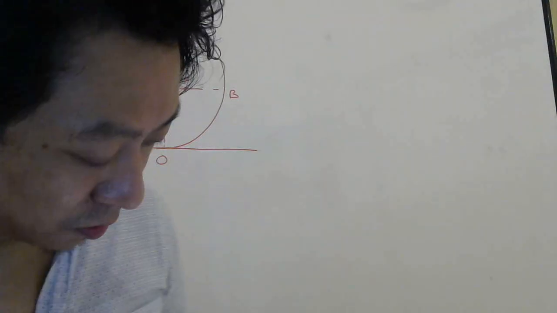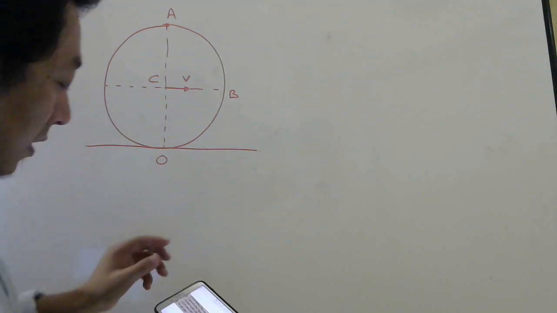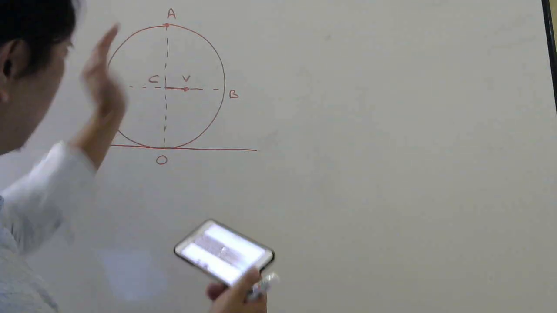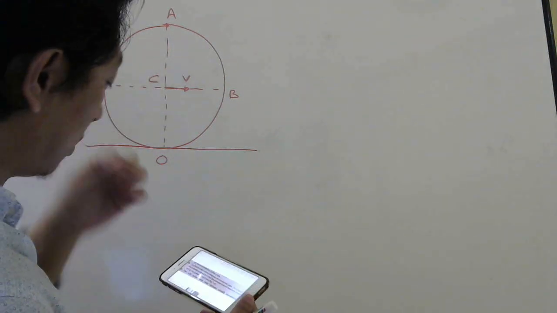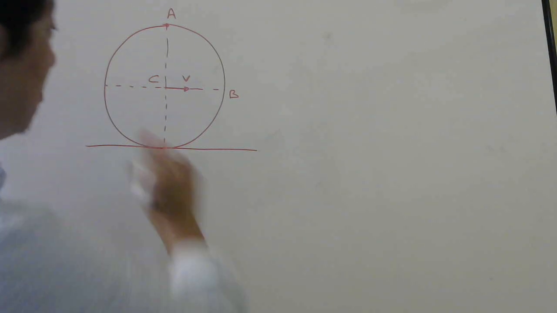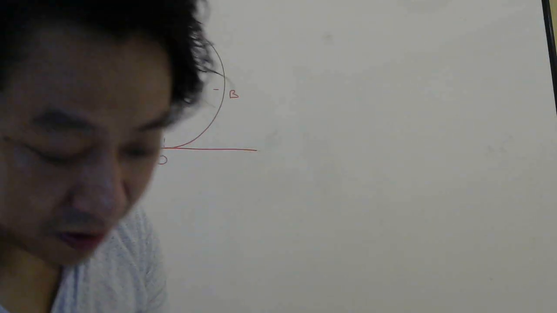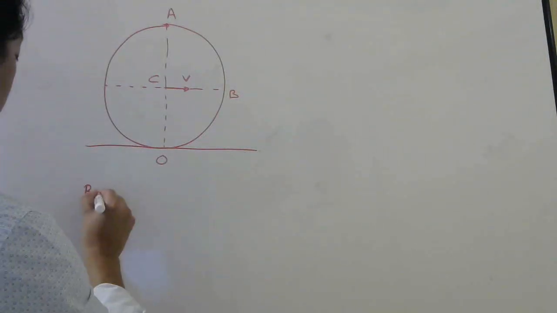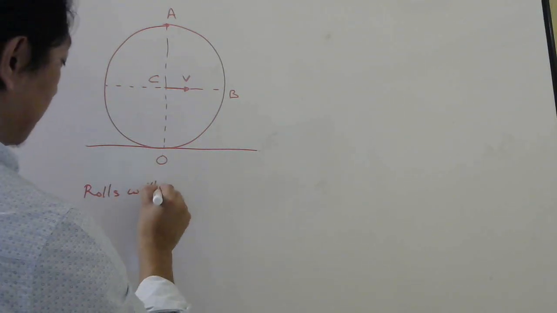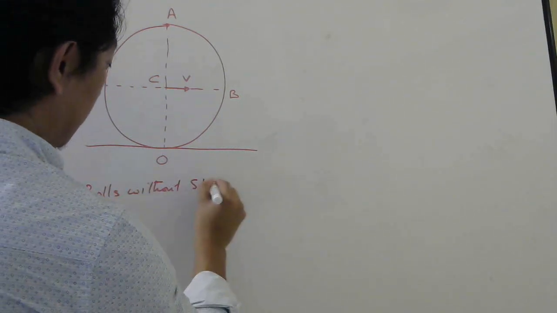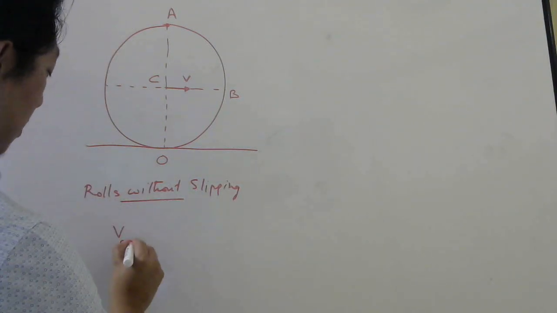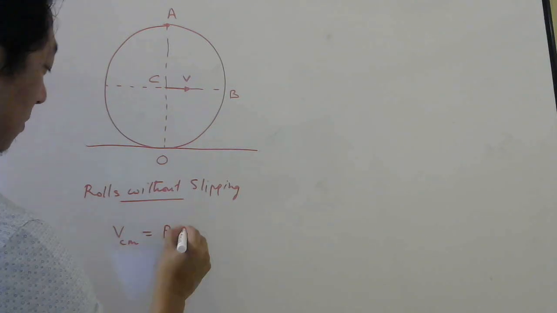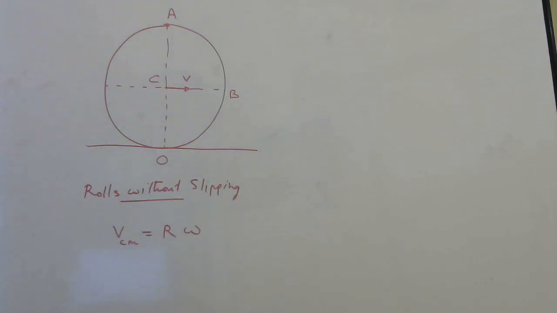So today the question is something like this. A cylinder is there. This is one side of the cylinder from cross section view. A cylinder rolls without slipping over a horizontal plane. So this is a horizontal plane, and the first thing they told is it rolls without slipping. Then you know the condition, right? For rolling without slipping, the condition is velocity of center of mass should be radius of the cylinder times angular velocity. So this is the condition for rolling without slipping.